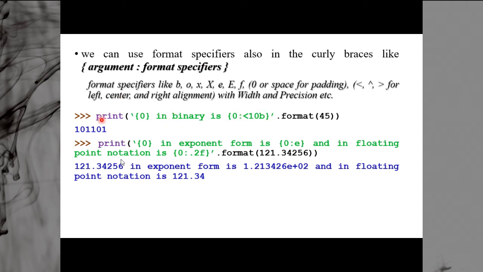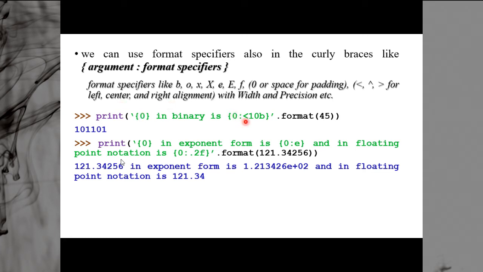If you see here, say print, what I want to print, I want to print a value here. This is my first argument. I want to print a value here in binary. Again I want to print the same value here, and I am specifying its format here. This detailed format I am specifying. And what is the detailed format? I want to print the value here, argument 0. 0 means argument 0, the first value I want to print here also and here also.